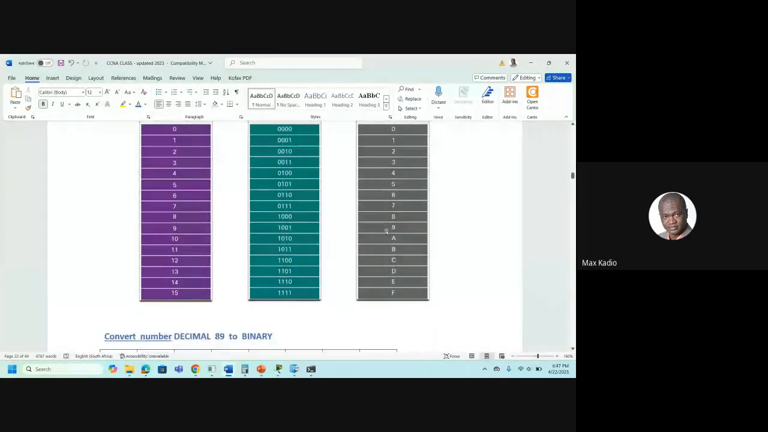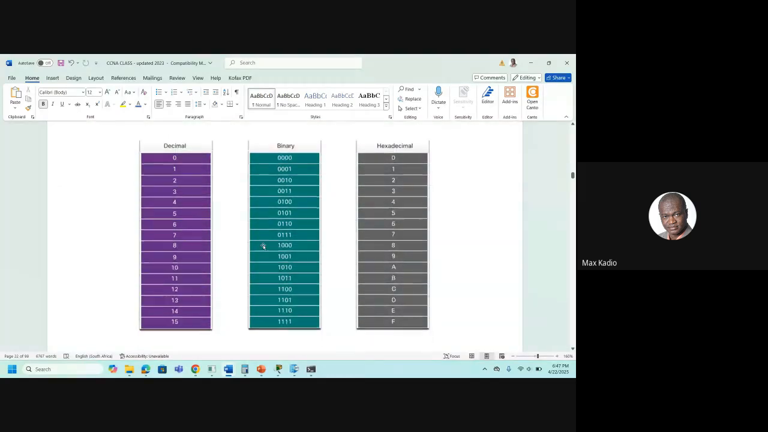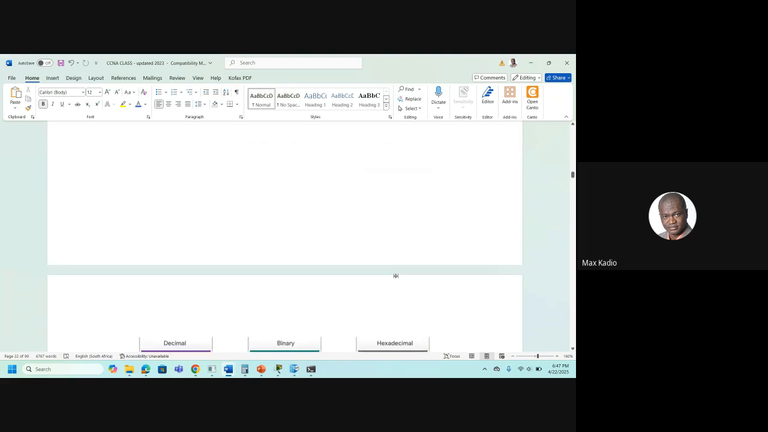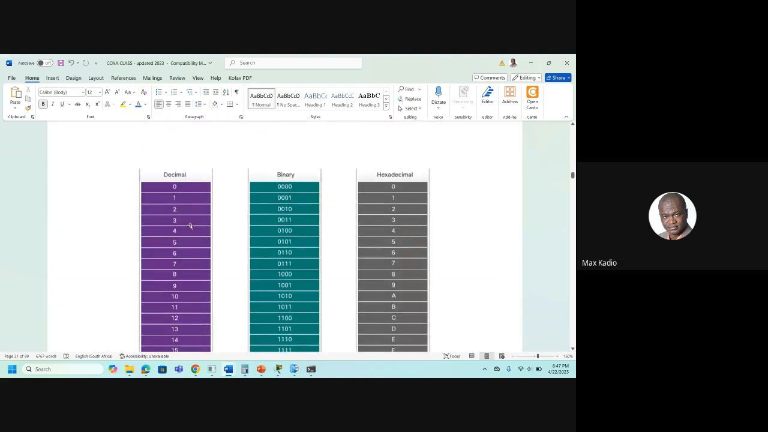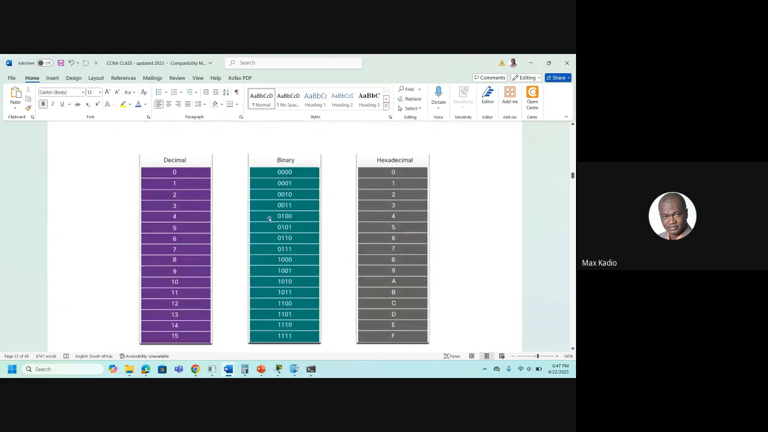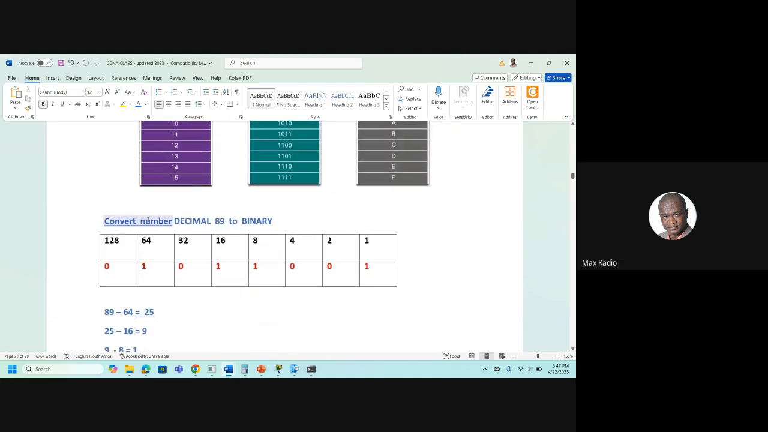So a quick summary, we have three systems for numbers. Decimal, that is understood by human beings. Binary, understood by the PCs, the machines for IT. And we have the hexadecimal, mostly for MAC addresses. So if you want to convert a decimal to binary, like here, convert this decimal number,